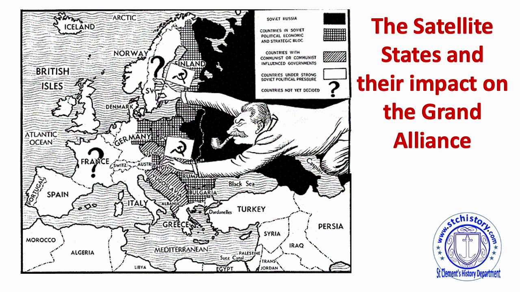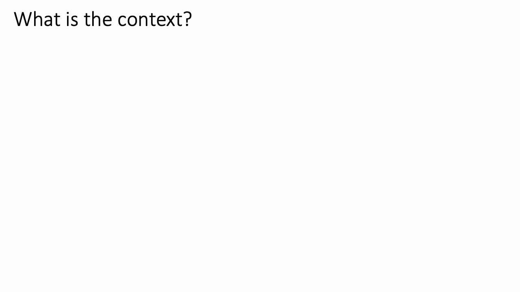So it really is a bit of a turning point, and in support of this breakdown of the alliance as we start getting towards the first Berlin crisis and so on with the arms race, it's important to see how this plays a part in the story, in how it looks to the US and how it looks to the Soviet Union, what's happening on both sides of the Atlantic. So let's get straight into it with a little bit of backstory, some context to the satellite states.